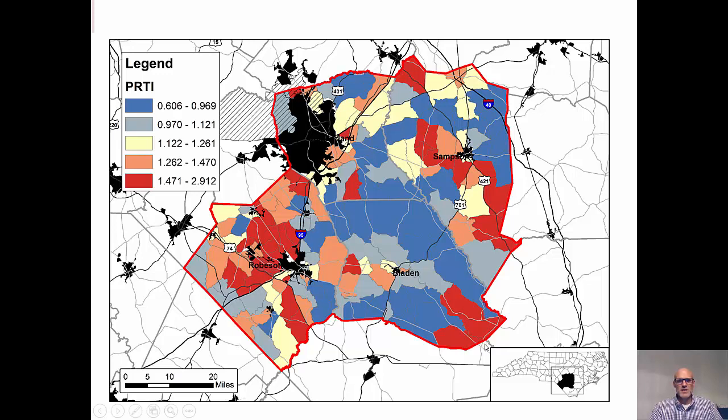So you can see here in red, these are areas which essentially are much closer to unhealthy food options compared to healthy food options, while the areas in blue, it's the drive time to healthy versus the drive time to unhealthy. And in blue, the drive time to healthy is essentially less, when these numbers are less than 1. And what we did in our paper was start to compare these